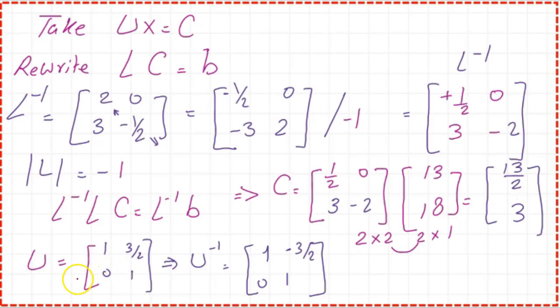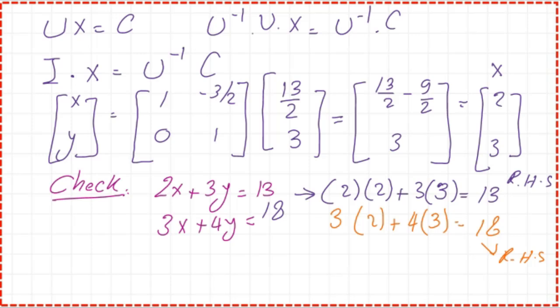While this is the U matrix, we have 1, 3 over 2, 0, and 1. Its inverse would be 1, 1. Change the sign, minus 3 over 2 and 0. The determinant value is 1 minus 0, so no change in the sign. Using the expression UX equal to C, we multiply both sides by U minus 1. We get U minus 1 UX equal to U minus 1 C. This term will become I multiplied by X. This U minus 1 by C, U minus 1 is 1, minus 3 over 2, 0, and 1, multiplied by